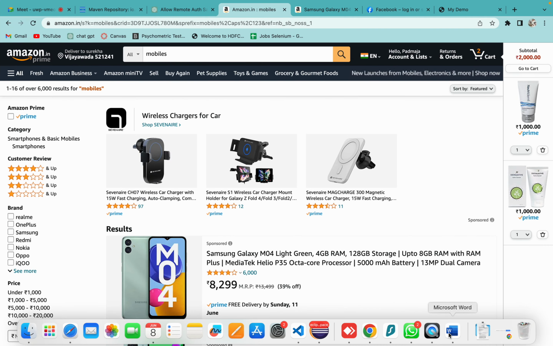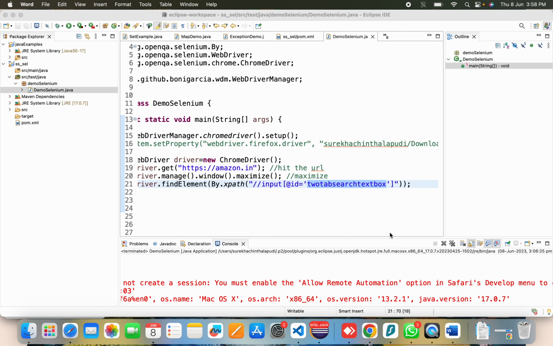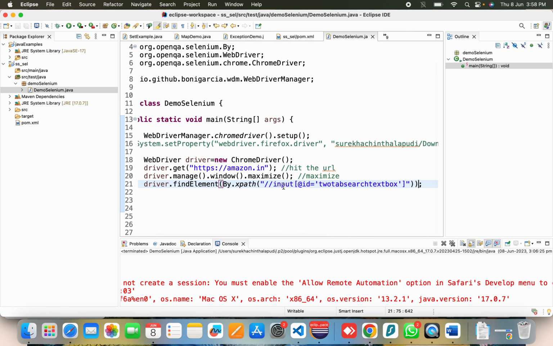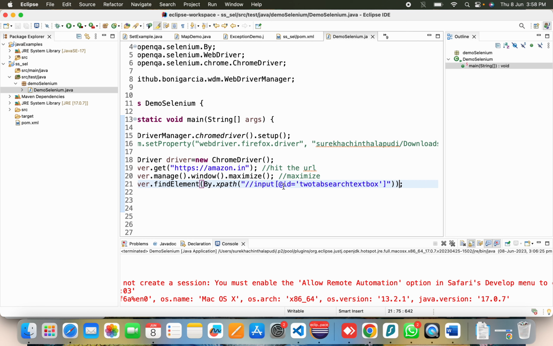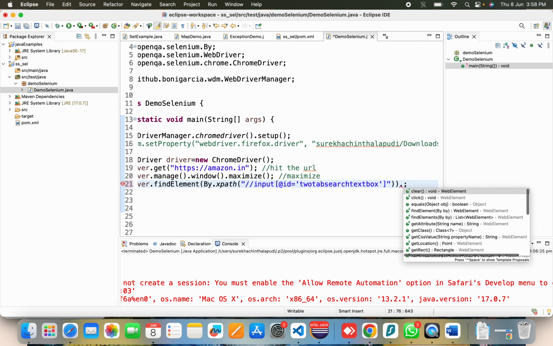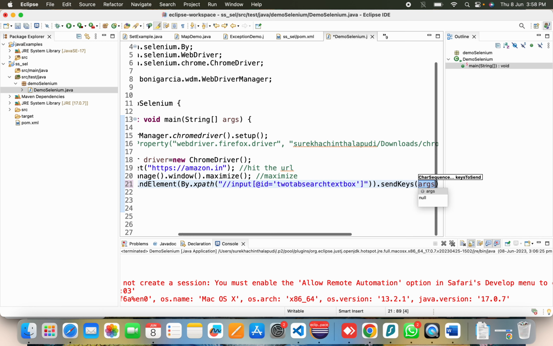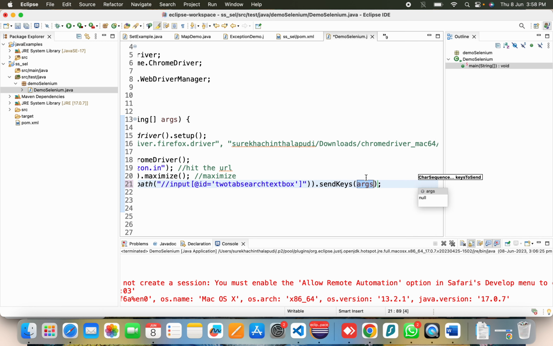Now I have identified the web element, but after identifying I need to do some action. This is an input field, so what is my action? I have to type some string. In order to type something, after finding the element, give one more dot and write sendKeys. SendKeys is the method which will help you to type. Now if I am searching for gift articles, I have given gift articles here,